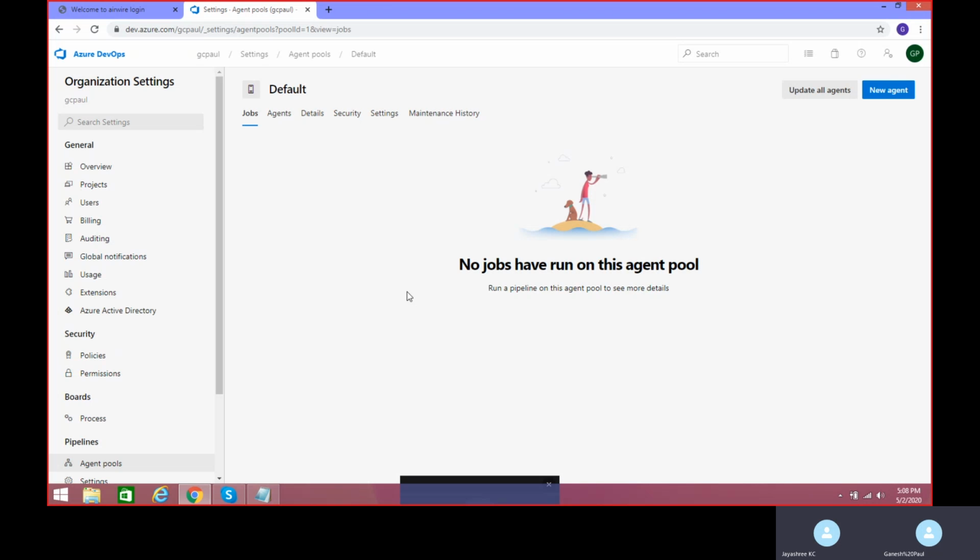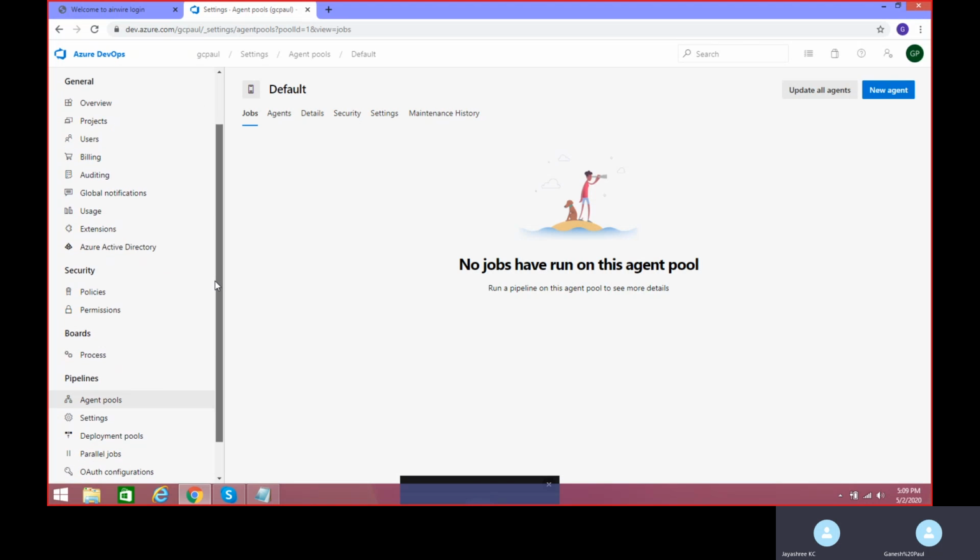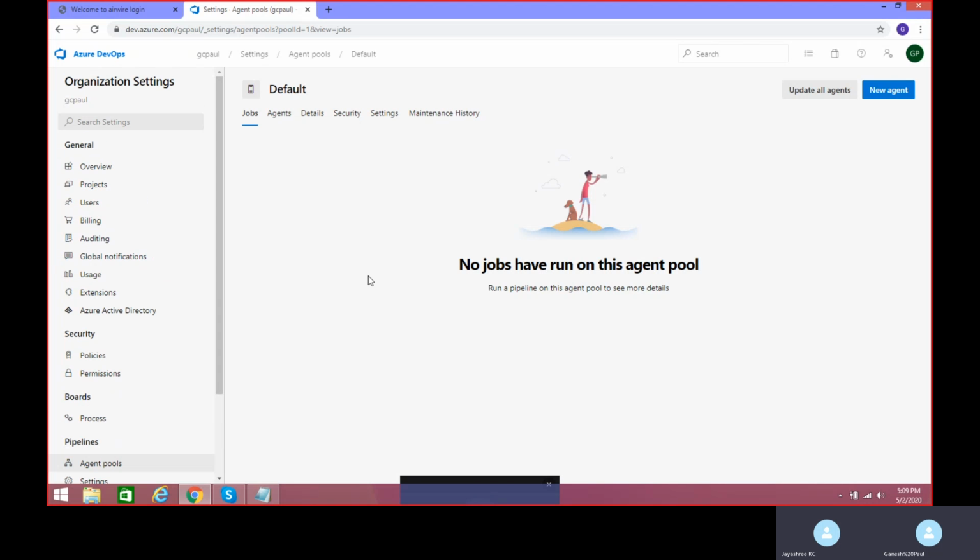There are two options for agent pools: Microsoft hosted pools and self-hosted agent pools. Microsoft hosted is the free pool that you get from this tool, Microsoft Azure DevOps.